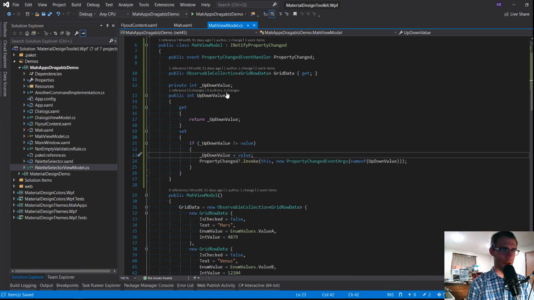They all basically have something similar under the hood. Some things add a few extra features, but it's all basically make sure the incoming value is different, because this event can be expensive to raise because it causes all your bindings to evaluate, or can cause bindings to reevaluate. Update the value, and then raise the event, which triggers all of the relevant bindings to go and do stuff.